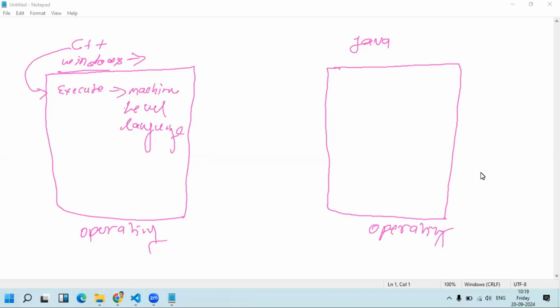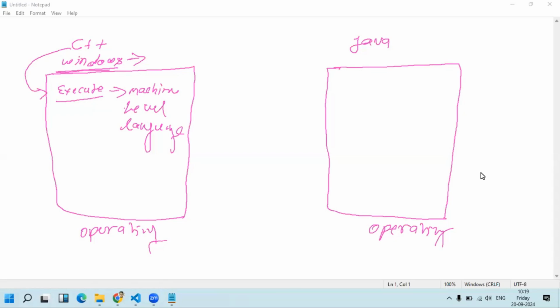So suppose you change the operating system, then you again have to compile the same code for that specific machine. There was a problem with this: if someone wants to move from one machine to another, meaning from one operating system to another, then they have to do the same things again and again.